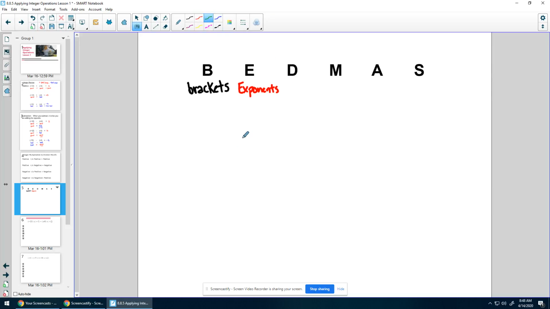And we have division. M stands for multiplication. We have the A for addition,